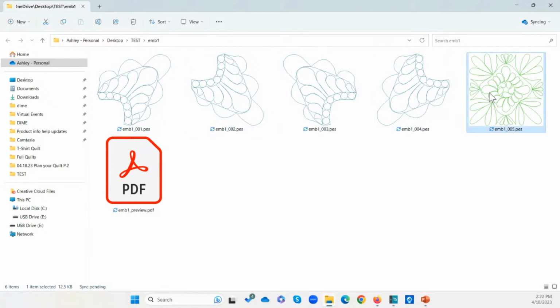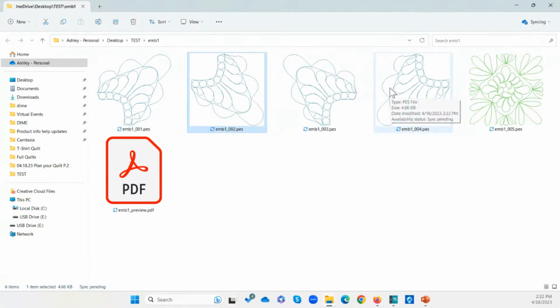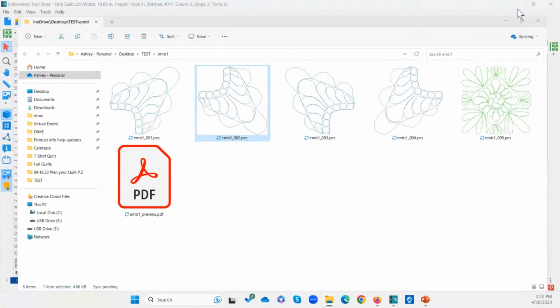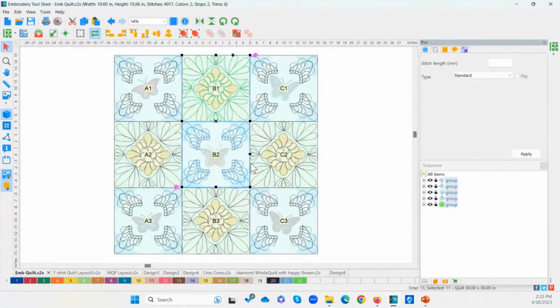But now this one was a 10 by 10 block. So we would have had to do something completely different for that one if you did need your small hoop. But I'm trying to make a point here about exporting the designs. These designs are 4 separate designs on my planned quilt. So when I export them, even though they're in the same block, it exports them as individual designs.